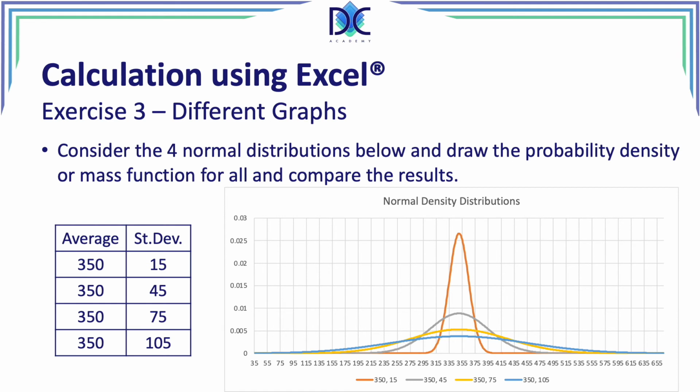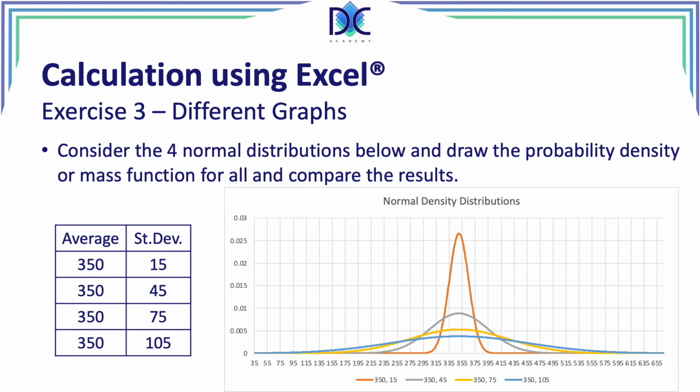Now, when you look at the second distribution, 350 and 45, we are still around the same average, but we see that the spread is a lot more than the previous. There are more values to the left and to the right. And when we increase the standard deviation, we see that the curve is flatter and flatter and flatter. So it shows us clearly that with the same average, but with different standard deviations, you see that those curves